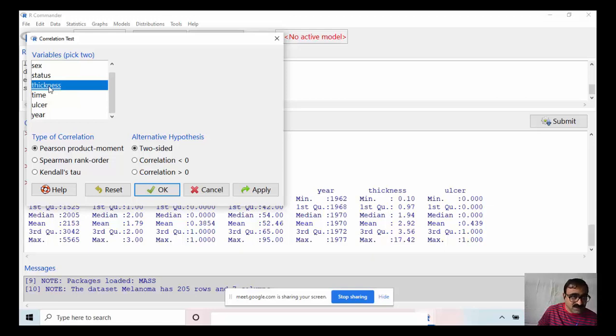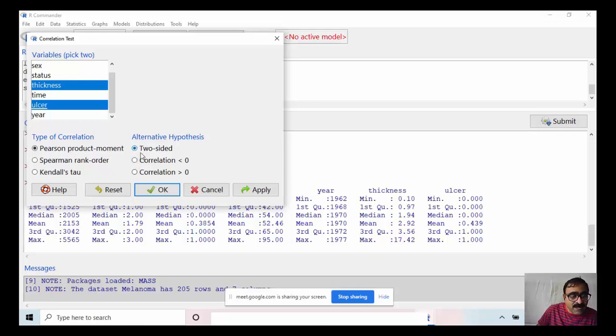Suppose correlation between thickness and ulcer. I select these two variables. You can select several variables also. So here is an option, Pearson's product moment. It will test a two-sided hypothesis.